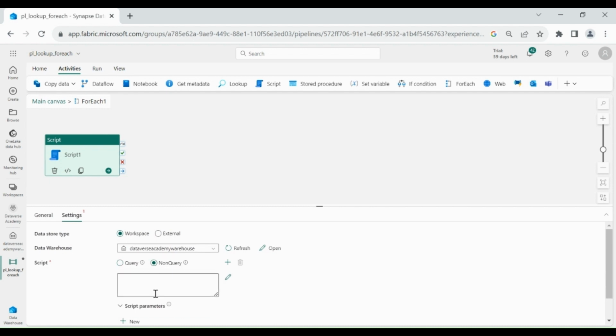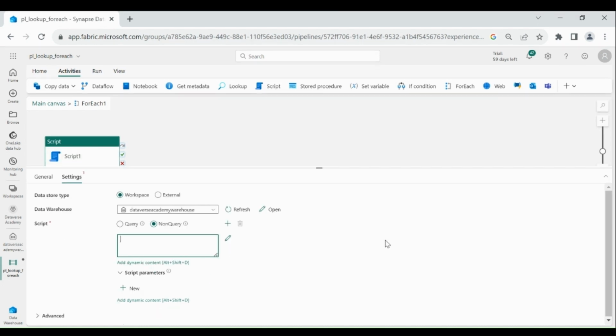Why? Because we want to drop the table. If you want to create a table, or if you want to create a schema, or if you want to select the data, then in that case you need to use query. And in case of DML statement, we always use non-query.